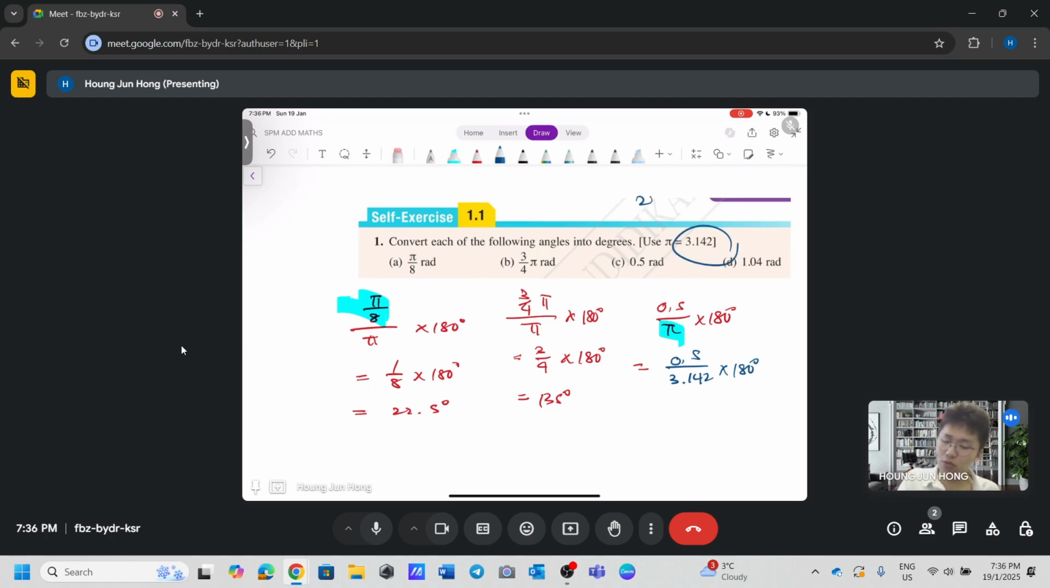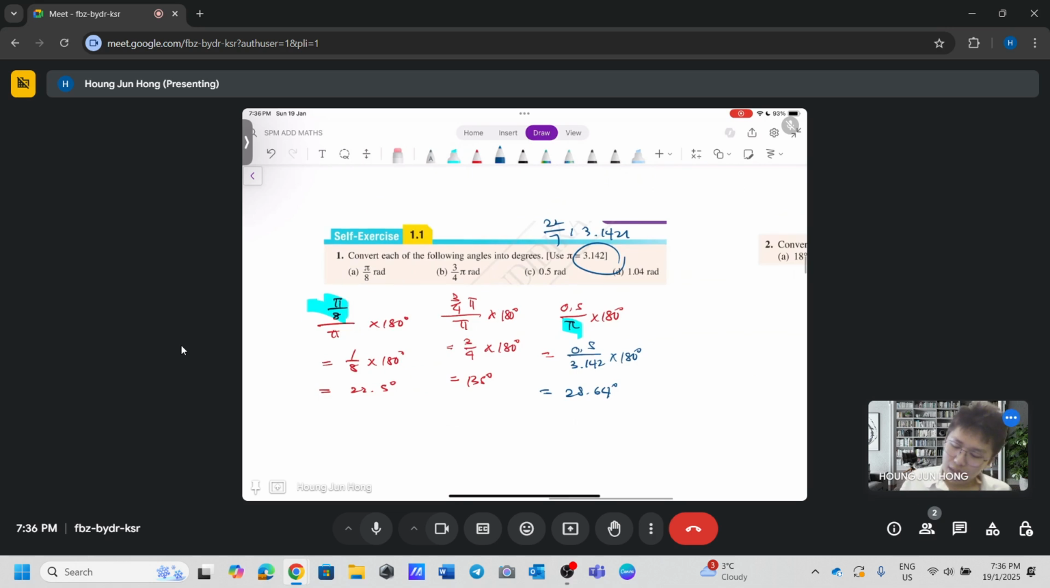Sometimes they will give you 22/7. Sometimes they might give you 3.1421. Again, depend on the cases, but use the value given, that would be the best. Okay, so 0.5 over 3.142 multiplied by 180, you get 28.64 degree. Okay, lastly, 1.04 radian over pi times 180 degree, you remember to sub this as 3.142,